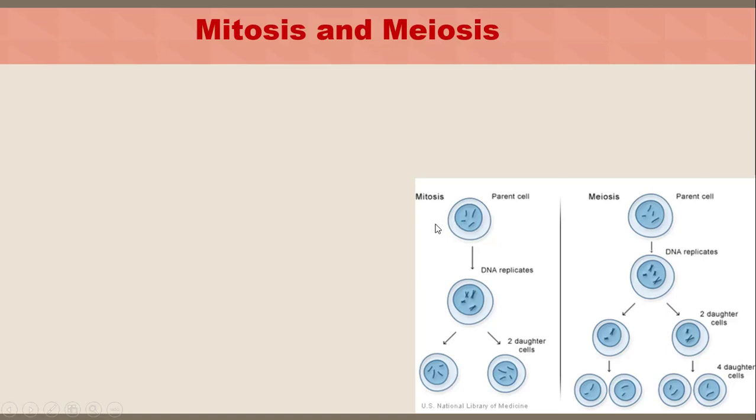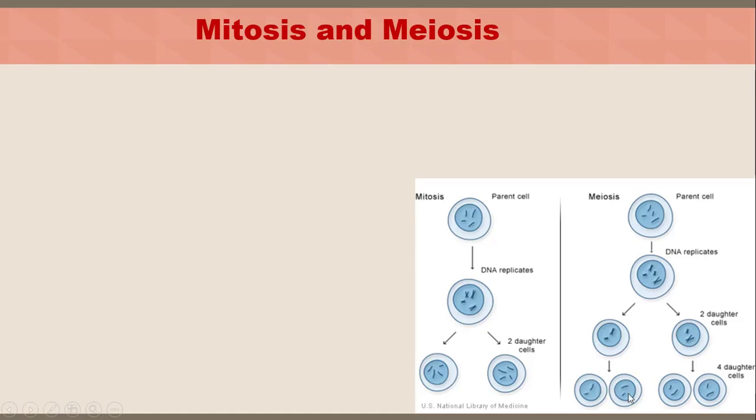To understand chemotherapy classification and the mechanism of action, we should take a little deeper dive to know more about mitosis and meiosis. As you can see here, this is mitosis. The parent cell DNA replicates and gives two daughter cells. And when it comes to meiosis, the parent cell DNA replicates into two daughter cells, and after that, the end result is